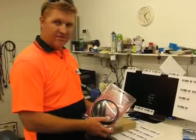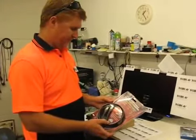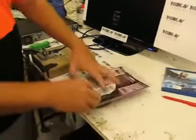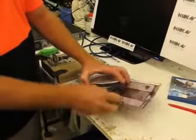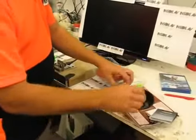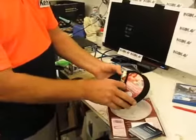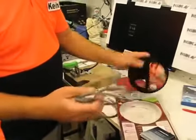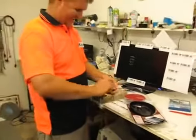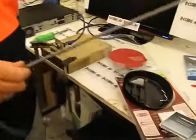Rightio, we've got a second cable to go in the rig. Well, we've seen how the first one went. Amazing, really. Let's have a look at the Monster. Let's get it out of the packet. So, one point for Monster, managing to make packaging that can be opened without an axe, chainsaw, or secateurs. So here we go. You're going to insert that into the rig. Let's give it a...